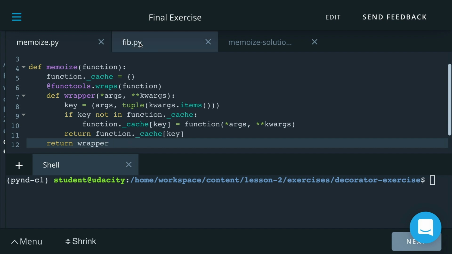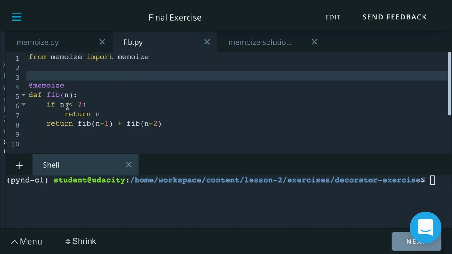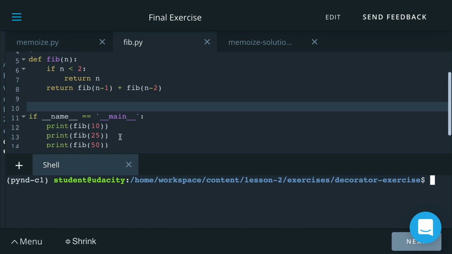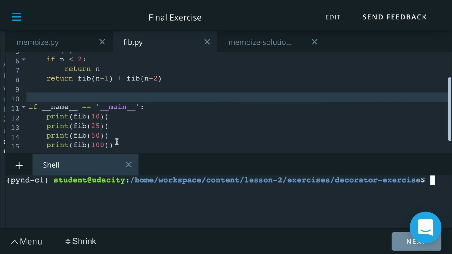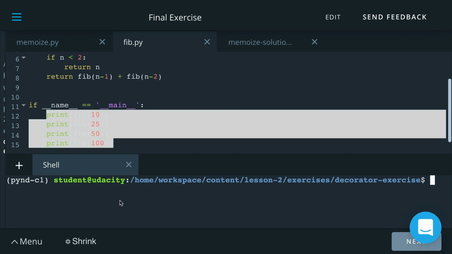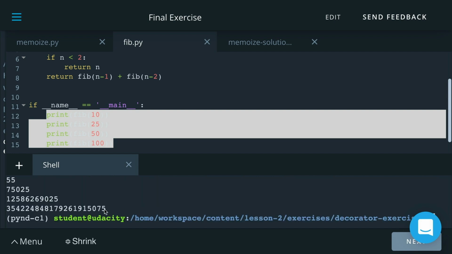So this is hugely practical when you have code that is highly recursive, like a Fibonacci function. If we now take a look at the Fibonacci function that will use the memoize decorator, we'll see that this memoization makes much more complex calls computationally tractable. So if we look at these lines of code calling Fibonacci numbers for a variety of indices, we can actually run python3 fib.py, and it won't take forever.